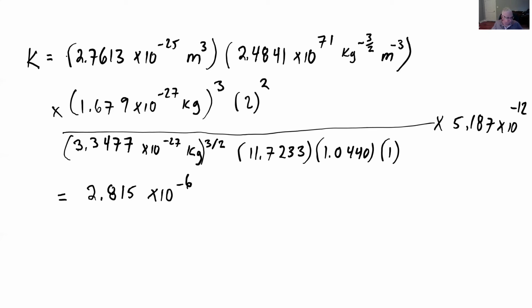Okay. Next up, we're going to continue a little bit and we're going to figure out something. We want to look at the fraction of this that's dissociated. Okay. So remember my reaction that I'm looking at says it's H2 in equilibrium with 2 H's. Okay. So if X is equal to the fraction of the H2 that has dissociated,